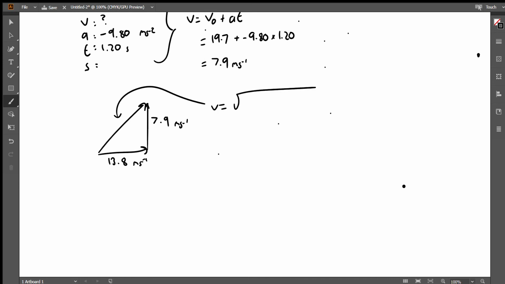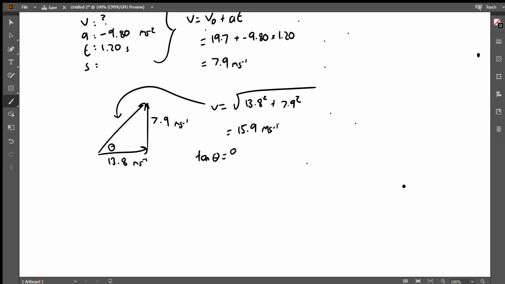So v will be the square root of the sum of the squares, which if you put into your calculator, you should get approximately 15.9 meters per second. We also need this angle here, so we have opposite and adjacent, so we'll be using